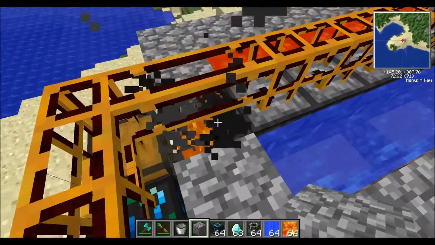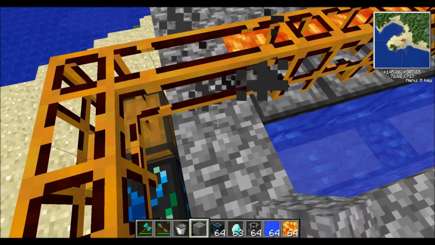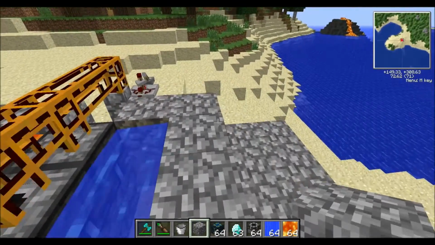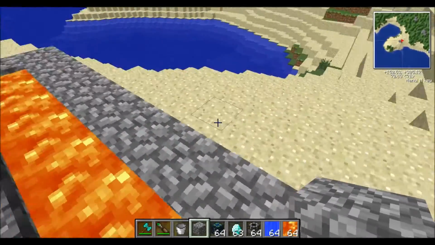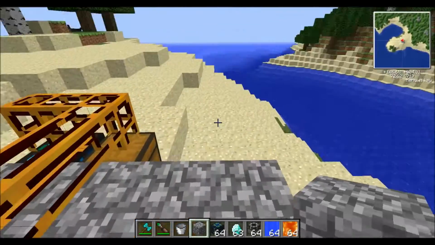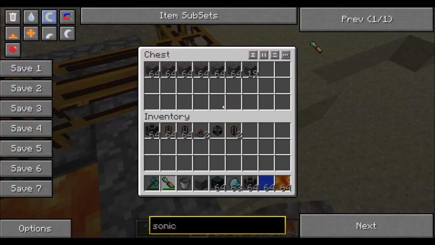And oh dear, that's on fire. Well, I don't think they could damage anything, so no problem. As long as it didn't burn my chest. Anyway,